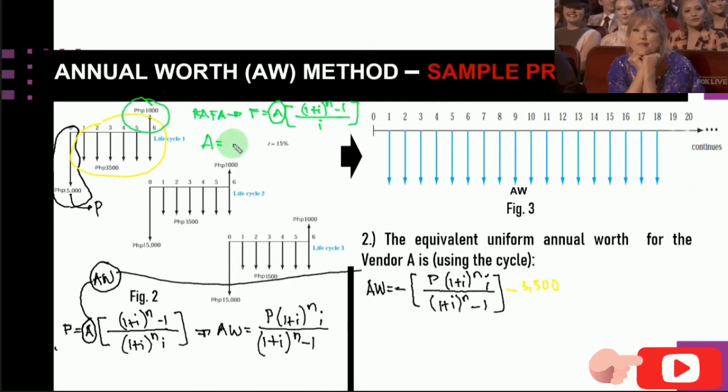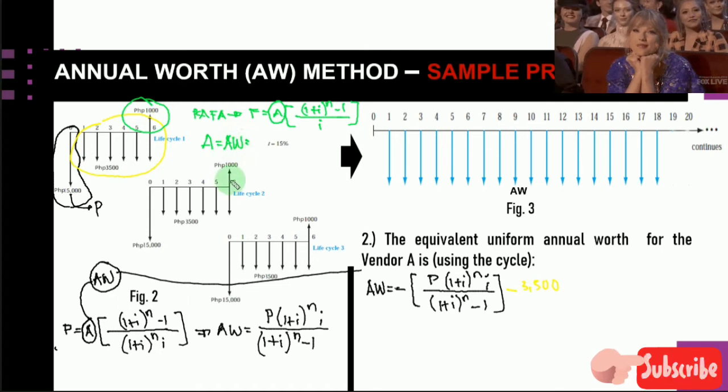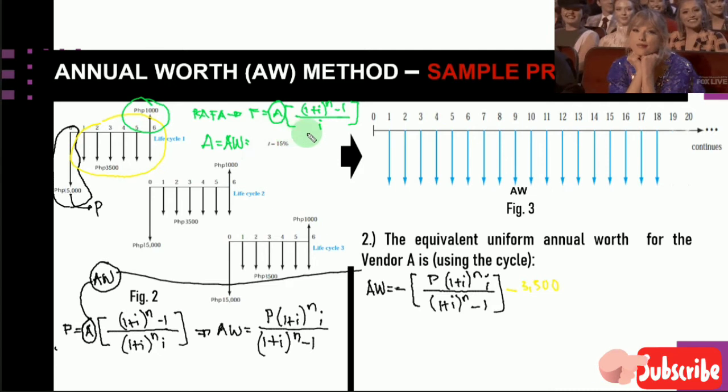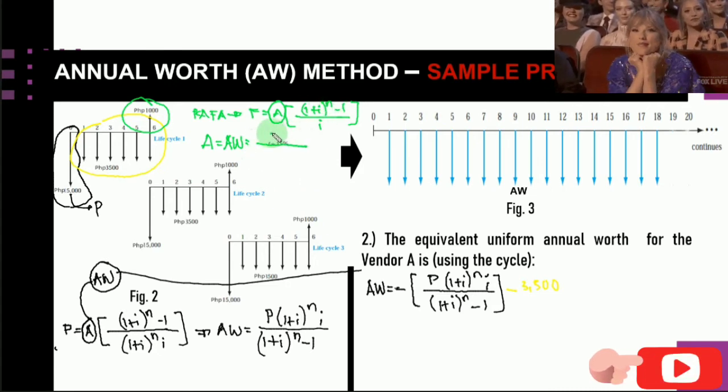So again, our A is just equal now to this annual worth for this amount of 1,000, which is equal now to F times I over 1 plus I raised to the n minus 1. Okay, so probably this is F I over 1 plus I raised now to the n minus 1. So we can put it here. The sign is positive because this is a cash inflow, meaning it goes up from the cash flow diagram. So that is why this is plus